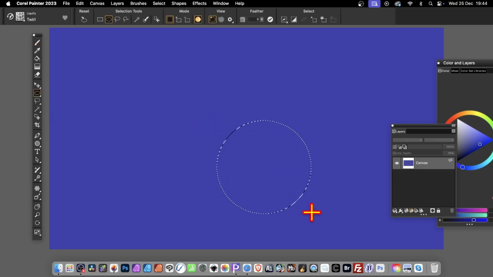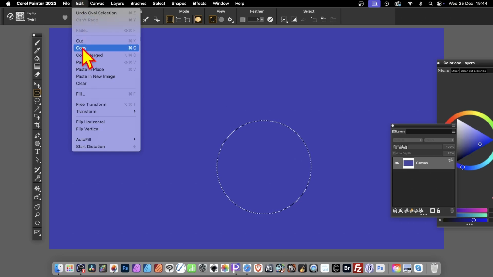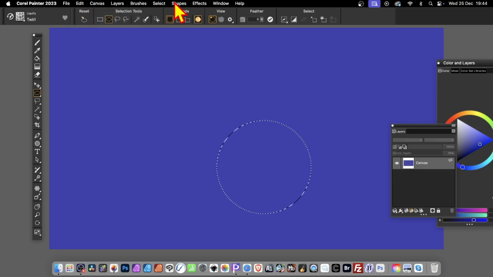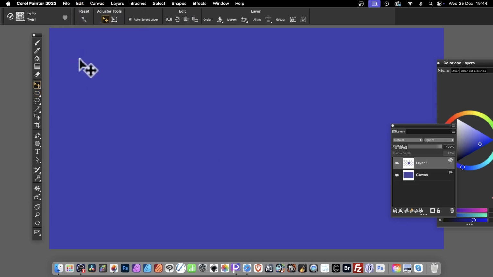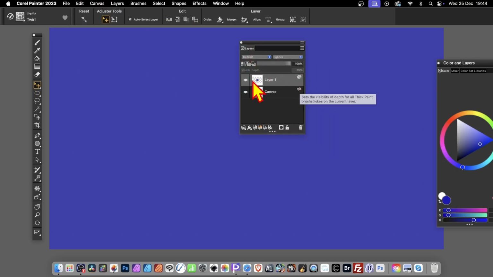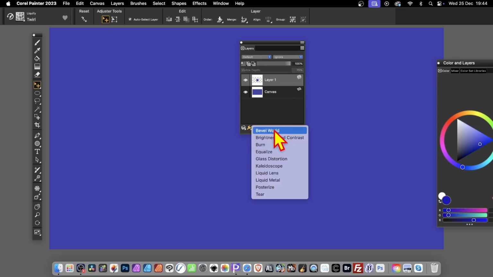Select that, or oval selection. Create an oval selection. You can of course create more complex designs than this selection. But with this selection, all I'm then going to do is edit and copy, and then select, and none, I don't want that selection anymore, edit and paste. Nothing's changed at this point, but what you can do, you can go to layers now, and you can see you've got this layer here, very tiny, but you can go down here to dynamic plugins, click there, and bevel